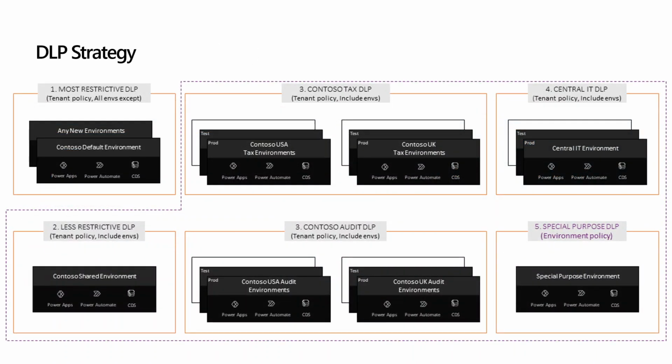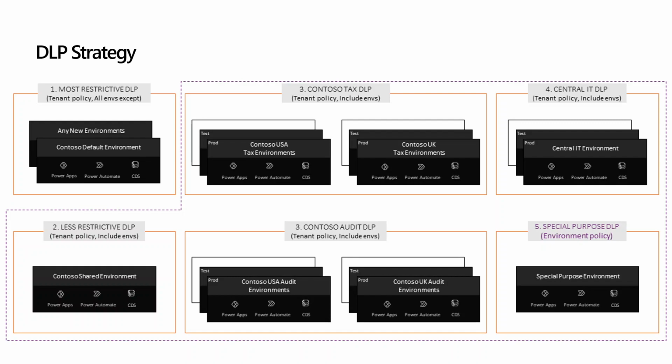Here's an example of a DLP strategy. This is a sample organization, and what they want to do is support user and team productivity to create their own productivity scenarios and also business applications, in addition to Center of Excellence activity management. So here you can see